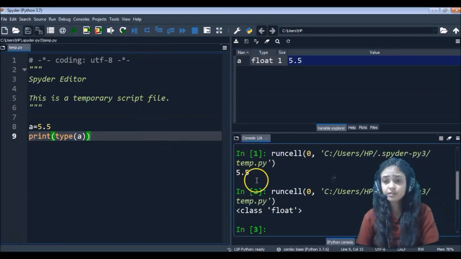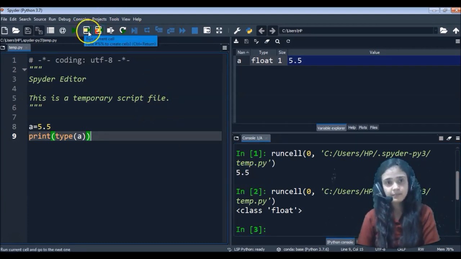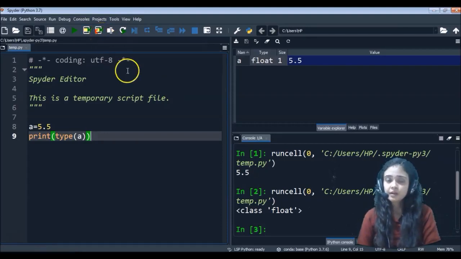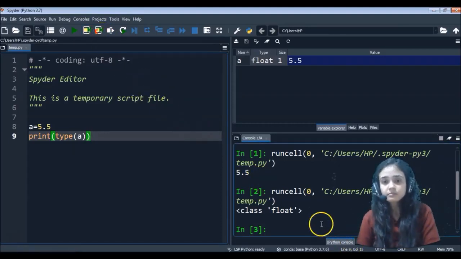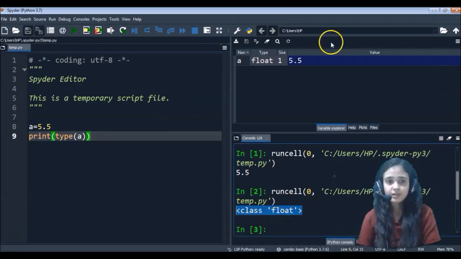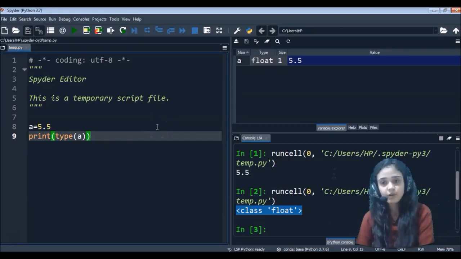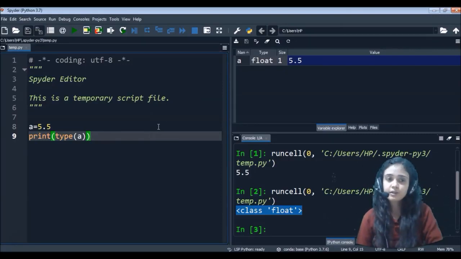If Shift Enter is not working for you, then you can press run current cell or run file. Over here it is showing me the output as class float, so it is showing me the type. Like this you can write Python code in Spyder. You can execute all the Python code which we have already performed in the Jupyter notebook, and you can also write it in Spyder.